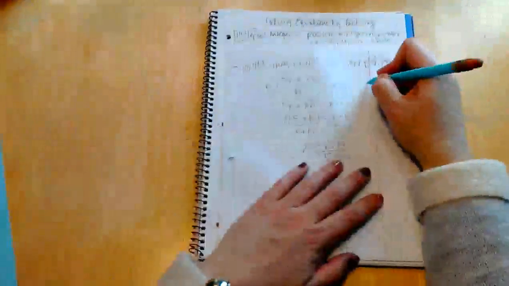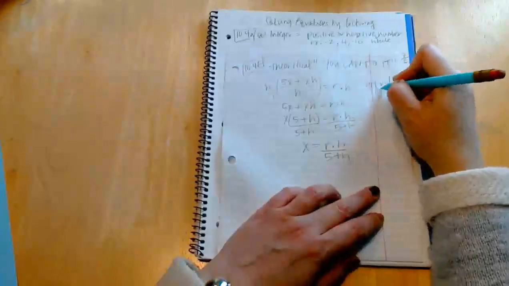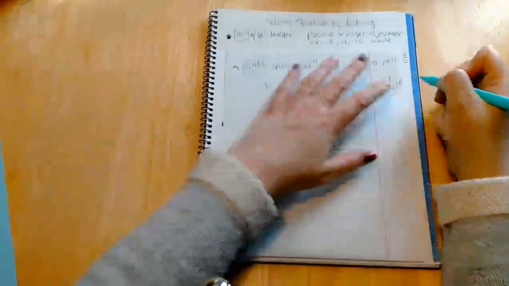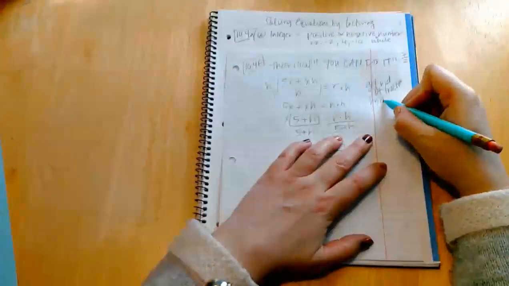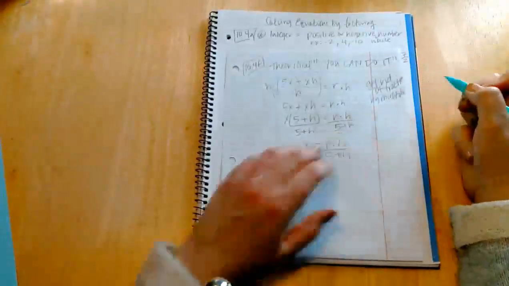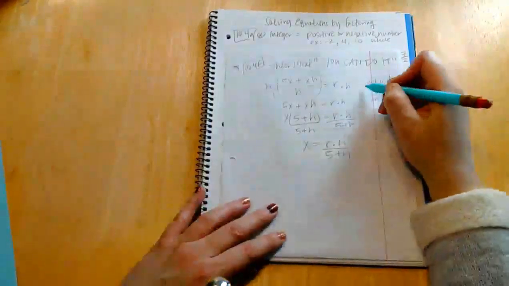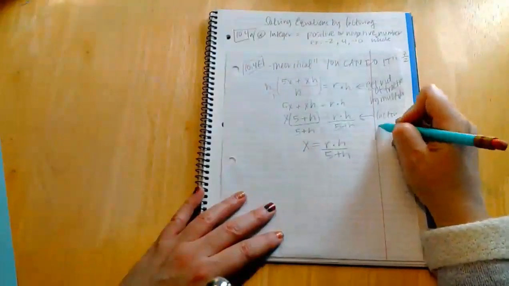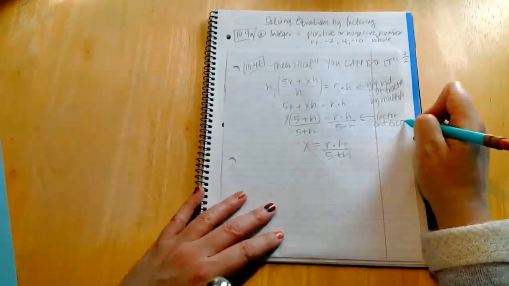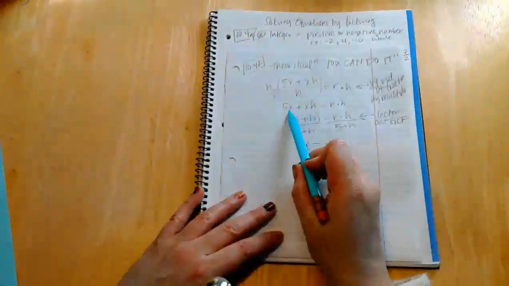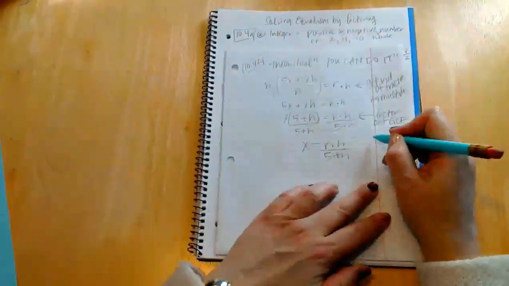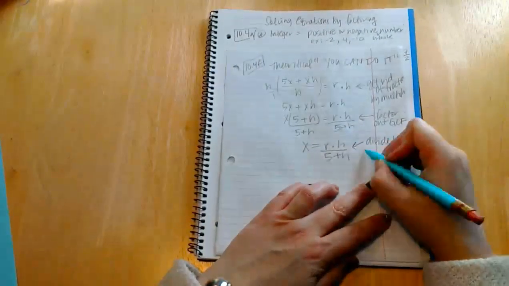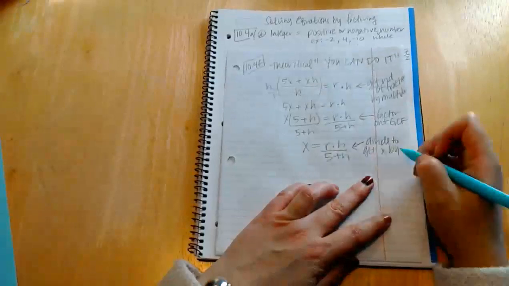So stepwise, we're going to get rid of fractions. Oop, I went off the side. That says fractions. By multiplying. And then I'm going to, so that's kind of what I'm doing here. And then I'm going to factor out the GCF, right? Because this was the greatest common factor of these guys. And then I'm going to divide to get x by himself.